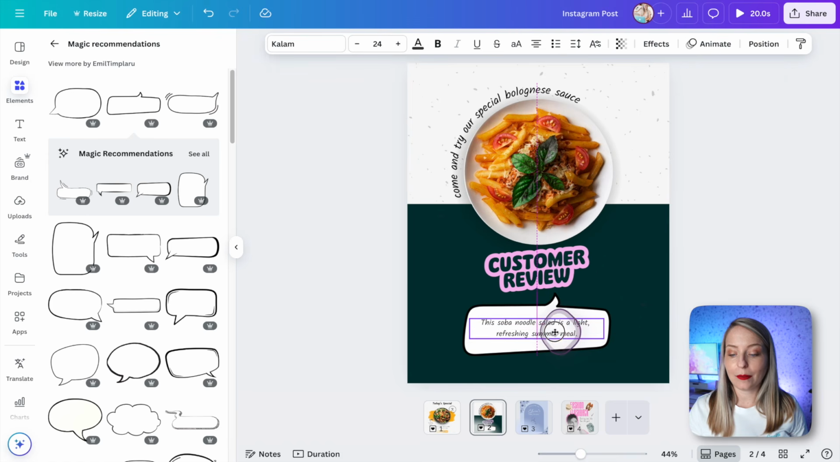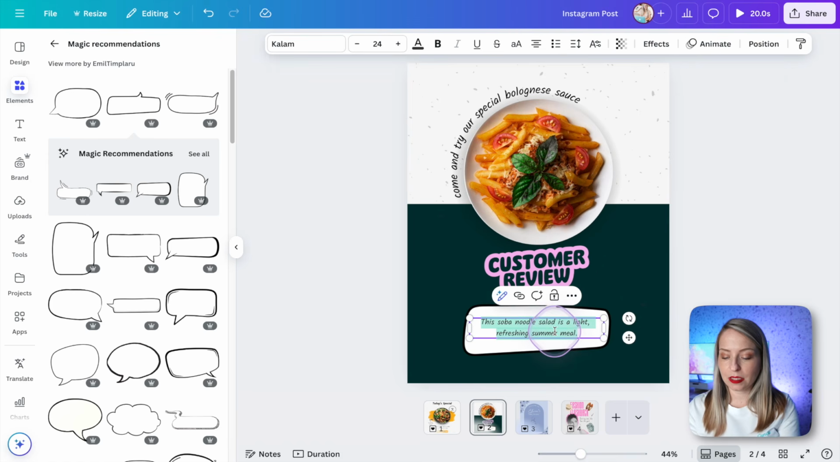And now we can play around with our text a little bit. So this is going to say, best pasta I've ever had. And this is going to be,